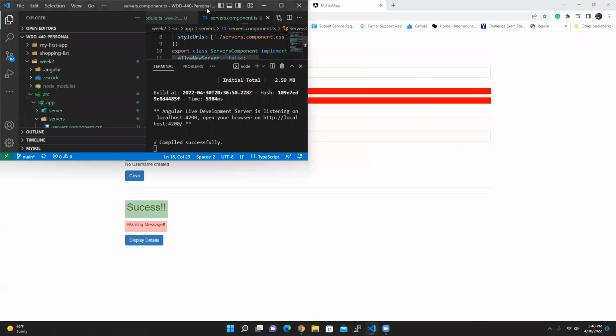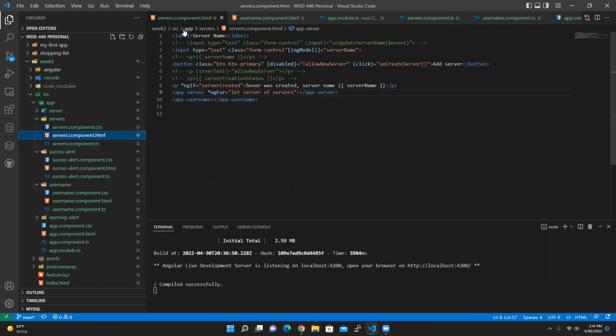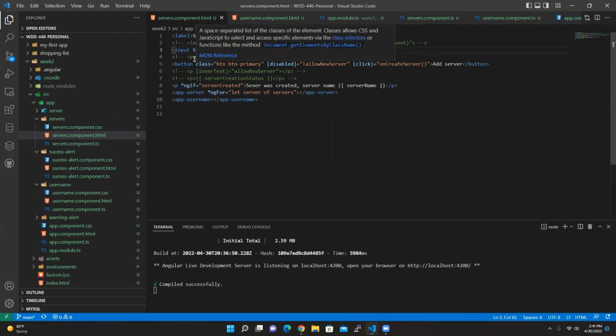And let's go back here. This is to do a created server, and then you will just input the server name, and this will just output the server that you are putting in the input field. And here we have the labels of the server. This is how the input is created. We're using the ng model here to get the server name. Once it gets the server name,